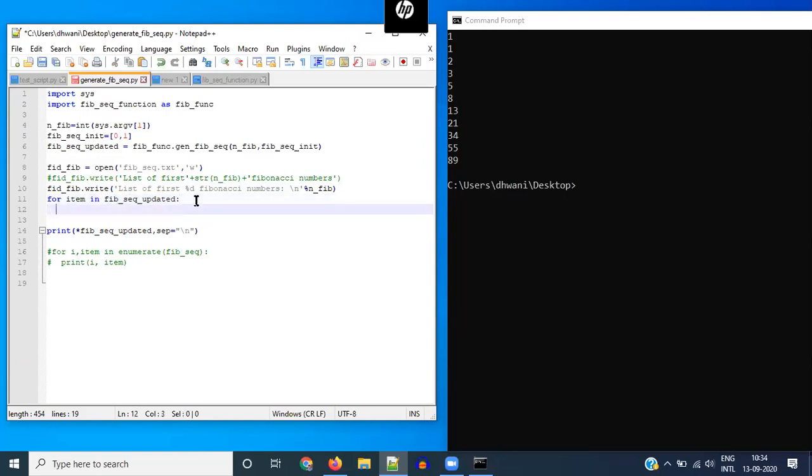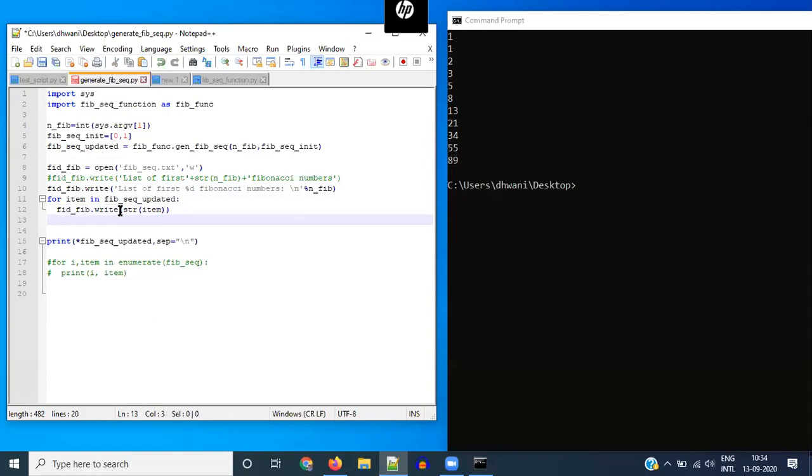So in every iteration, it will just go on giving you the items of this list sequentially. So now what we want to do is FID_FIB dot write again, and we say str of item.